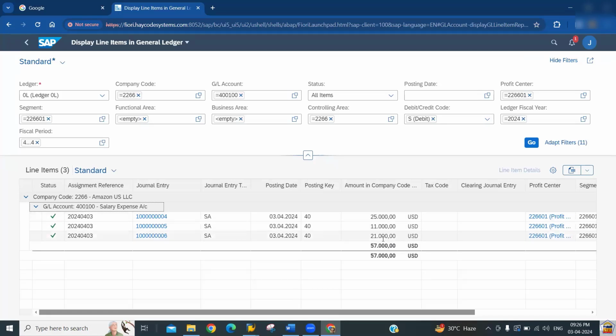So these are the three documents we have. Further, if you want to go to the relevant document, you click on this and it will give you the information. Now again, I will just go back,